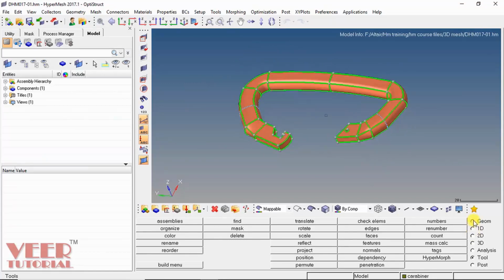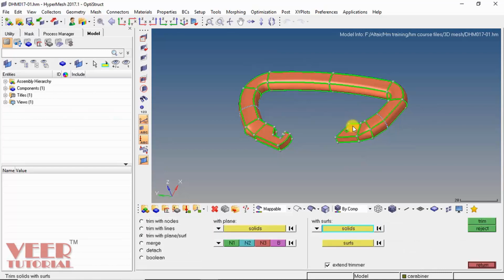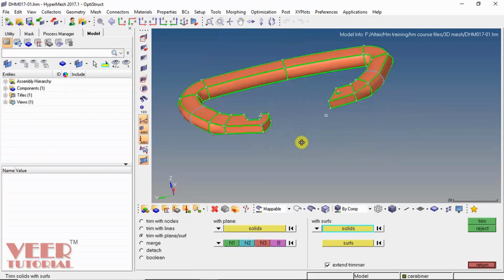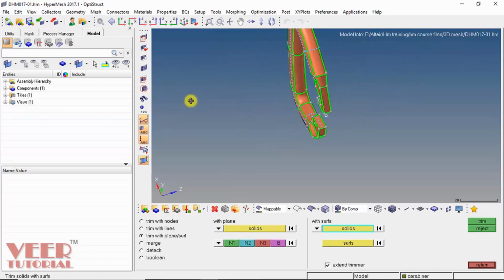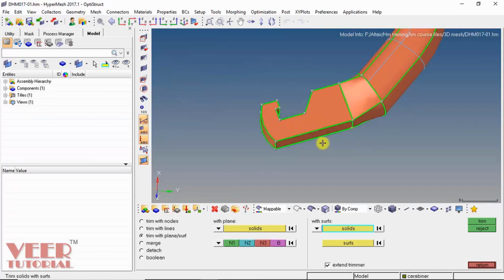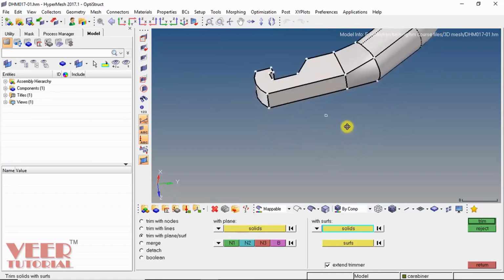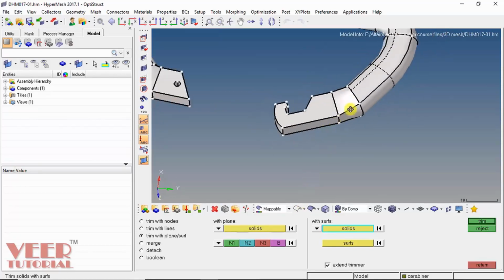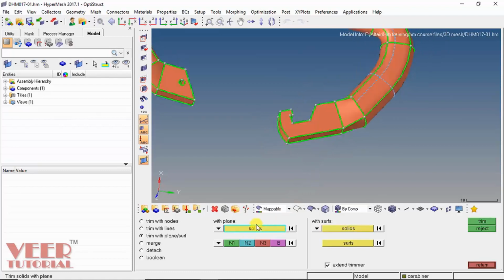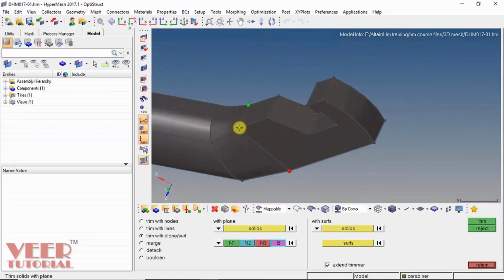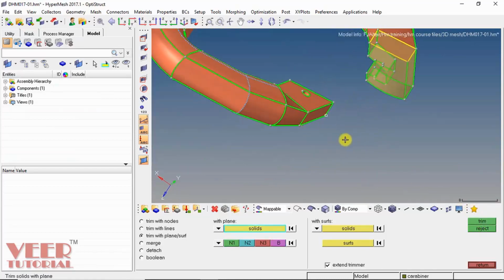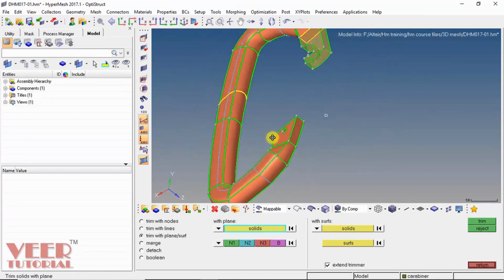To trim it, I go to geometry and go to solid edit. In the solid edit, let's start with the trimming with respect to this part. So let's rotate this and then I select the solid and trim it with respect to nodes. So click on this solid, select the solid and select nodes. Select this first node, second node, third node, and suppose the base node I can take this node. Click on trim.